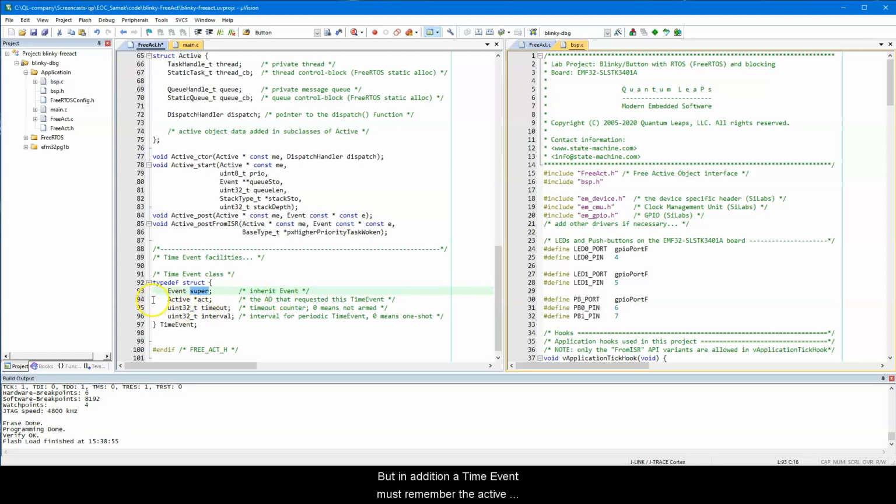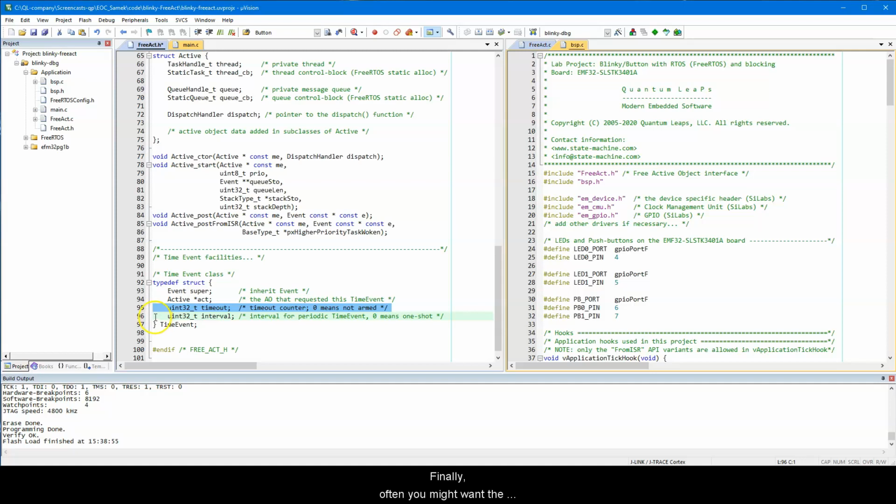But in addition, a time event must remember the active object that requested the timeout, and the time event must also keep track of the timeout, which will be a down counter decremented by every system clock tick. When the counter reaches 0, the time event will be posted to the active object, and the time event will be considered disarmed. This also means that the timeout value of 0 indicates a disarmed time event that is not